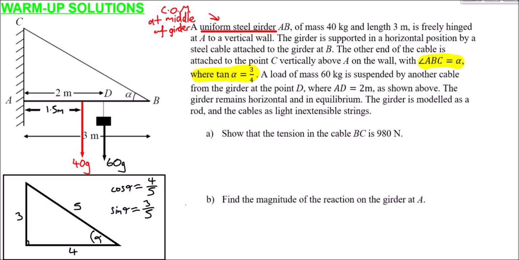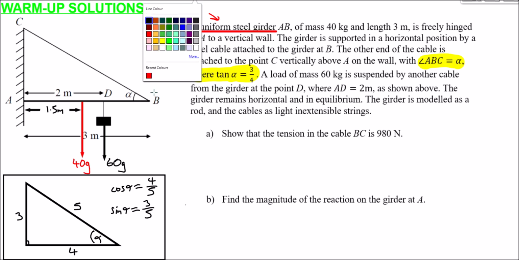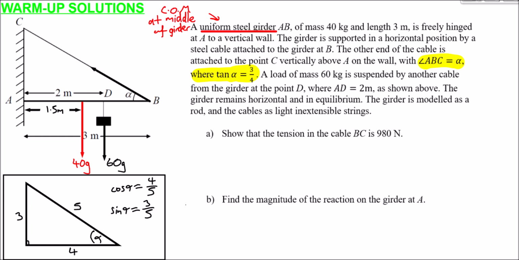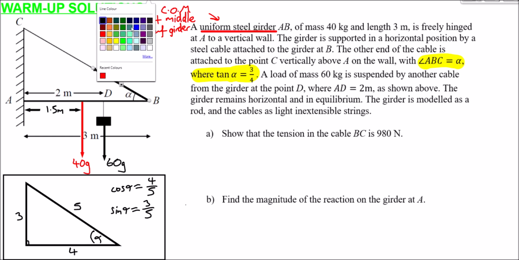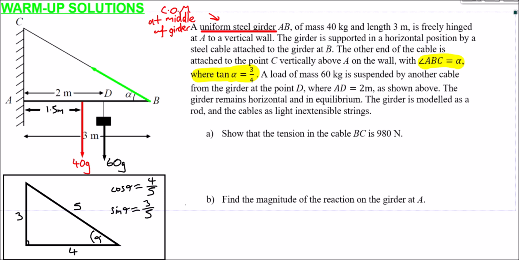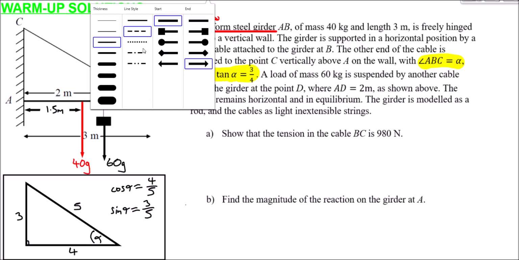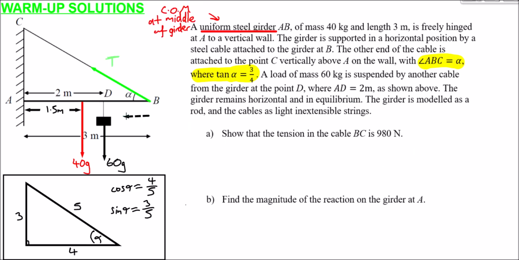Well, the tension of the cable is obviously going to act up and away from the beam. So tension never acts towards something. That's called a thrust if it does. So if I label on the tension here, and I'll colour code it so it's a bit clearer, if I call this T, like so, then I can resolve T into components T cos alpha, going along and into the wall if you like, and T sine alpha going up. So if I just put these in a dotted line like so, going that way will be T cos alpha,